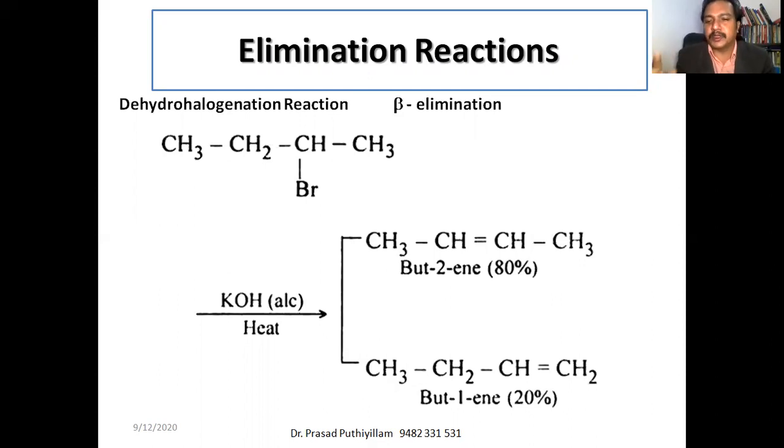percentage. Okay, some textbook it is written 19 percentage, some textbook we can see it as 20 percentage. So 80 and 20, that is easy to remember. Okay, so but-2-ene, that means double bond is at carbon atom 2, and but-1-ene, that is double bond at carbon atom 1. Okay, so we'll see why this is happening, what are the possibilities why a more percentage of 80 percentage of but-2-ene is formed than but-1-ene, that I can explain here.